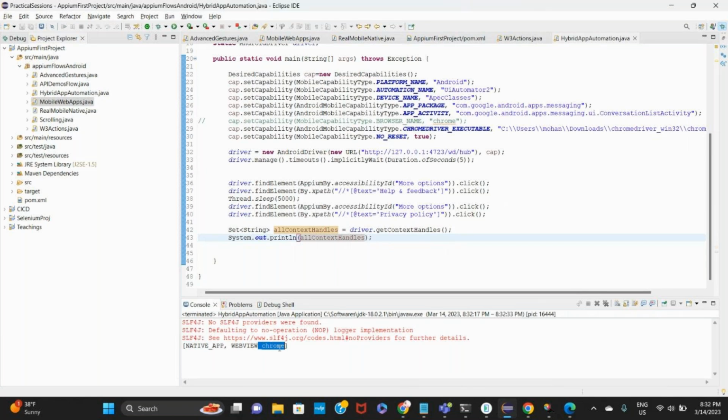So we want to switch to this context, web view Chrome. Now the control is on the native app, and we want to switch that control to web view Chrome. How do we do that? How do we switch the control to another window in a web browser? Switch to window, and then give the window handle, which is a string. Here the syntax would be driver dot